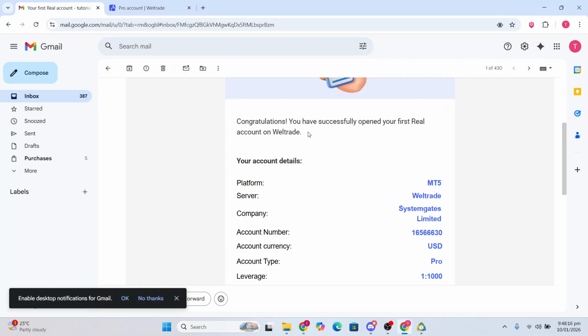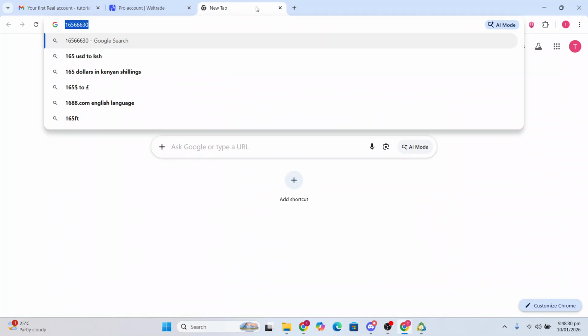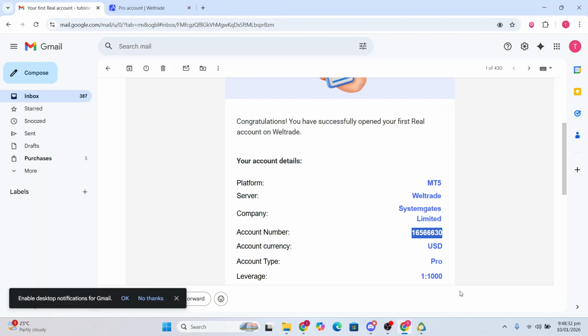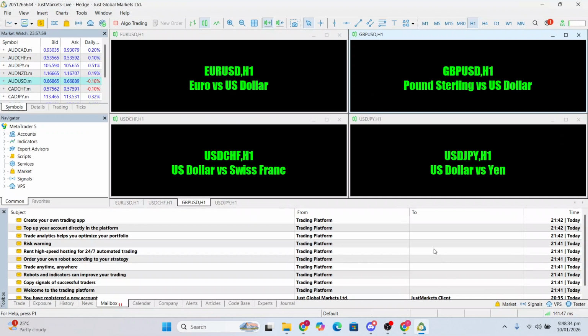So when you create your account, they actually send you login credentials to your email address. So I want you to go ahead and copy that account number because that is what we'll be using. Make sure to remember this server as well. I'll just go ahead and copy that, and we'll come back here to MetaTrader 5, open that up, and then